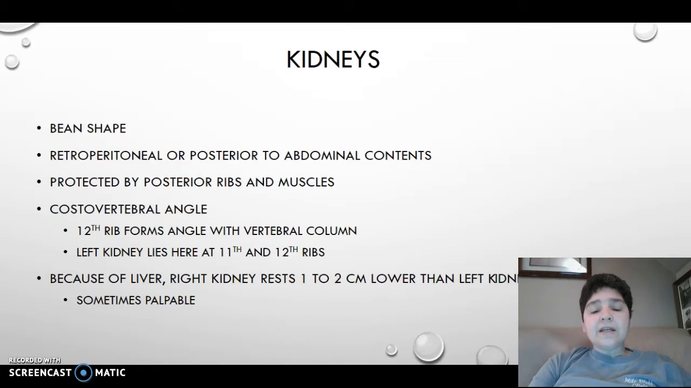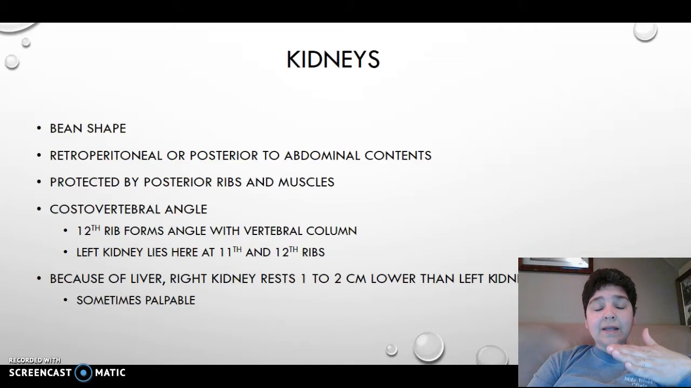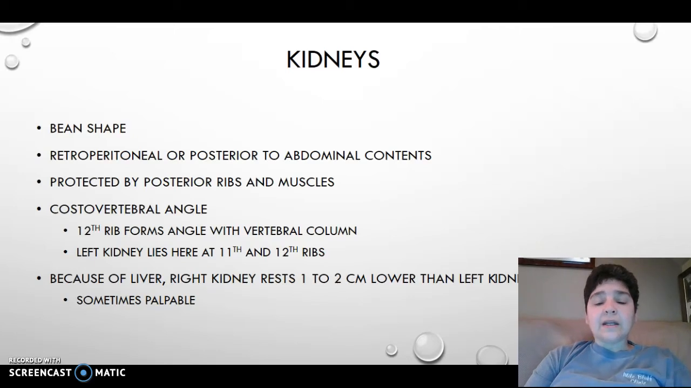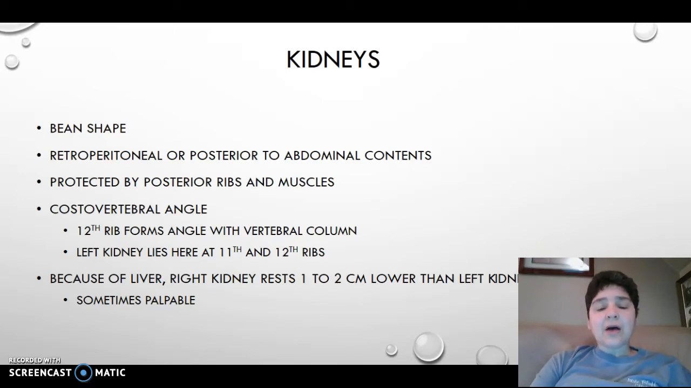Because of the liver, the right kidney rests 1 to 2 centimeters lower than the left kidney. So kind of similar to when we talked about the lungs. The right lung is a little bit longer than the left lung. So that's why, when we talk about the 12th rib forming the angle on the right side, on the left side it's kind of between the 11th and the 12th, just because it doesn't lie as low as that right kidney does. Sometimes you can palpate the right kidney just because of that extra protrusion, but typically they're not